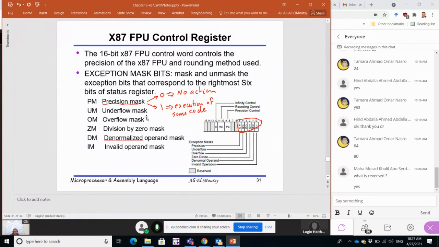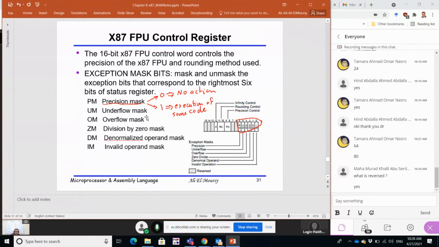When you send the instructions and the operands to be executed to the functional units of the X87 machine, more than one type of exception could happen. These exceptions could be precision exception, could be underflow, could be overflow, divide by 0, denormalized operand, or invalid operation or operand. تمام؟ يبقى I have here كام؟ 2 4